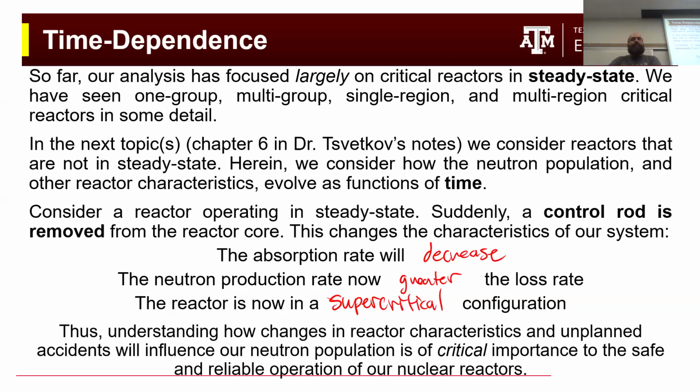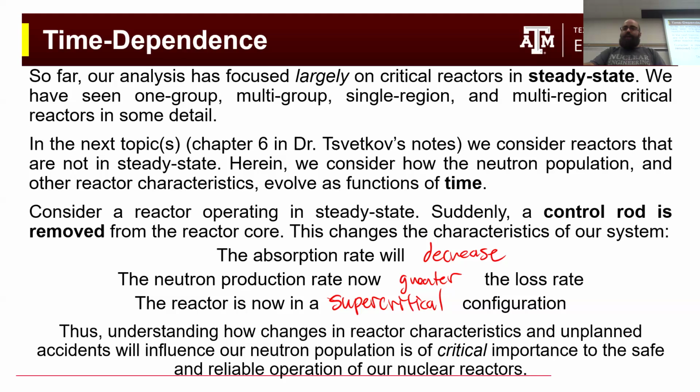You have to be supercritical at some point. Like when you're starting the reactor up, you end up having to slightly go supercritical and then let things balance out. And things will balance out for reasons that we'll talk about later. There's feedback effects, usually relating to temperature. But yeah, supercritical isn't always bad, but if you're supercritical and you're not intending to be, then that's where